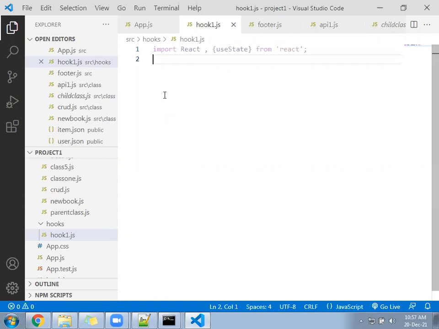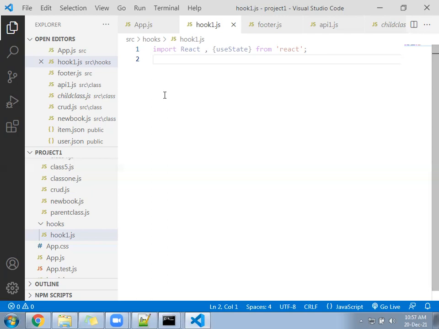Write a simple function. Give the function name Hook1, H should be capital.